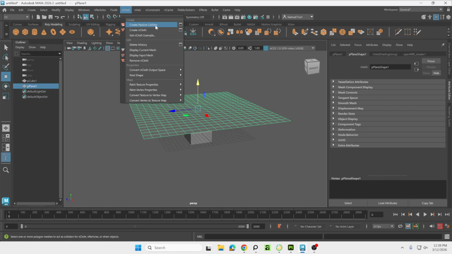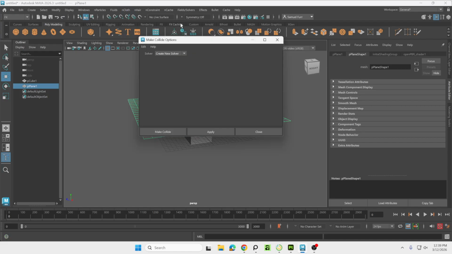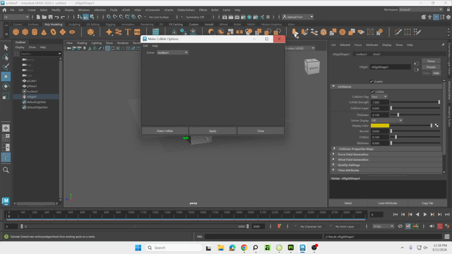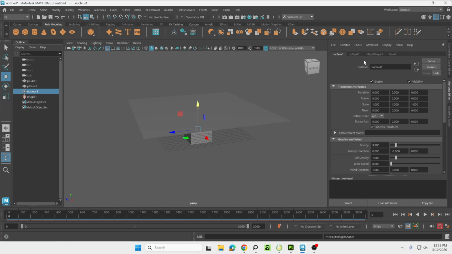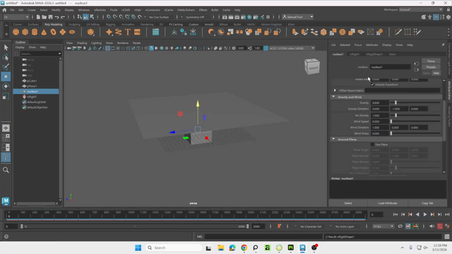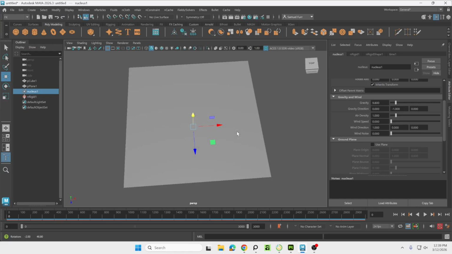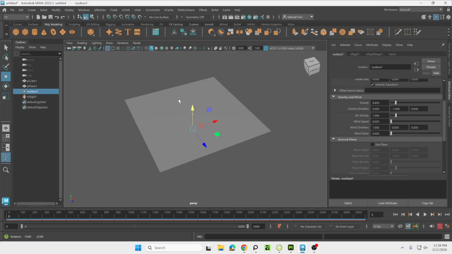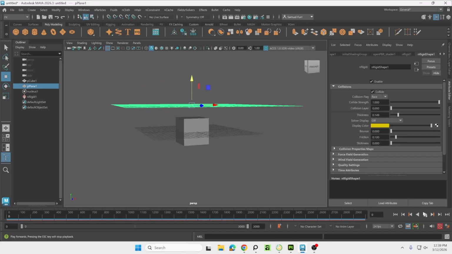So I'll go over here to my nCloth. Pretty simple. Create a passive collider here. It'll create a new solver, and I can click apply. It'll create something like a nucleus one, and this will have all the information like some of the other things you've had before. In the nucleus, this is where you go and play with the gravity, wind, and field, like the wind speed and wind direction. Right now it's just the x-axis, so it'll just be going one way. So that's something to think about. If I press play now,